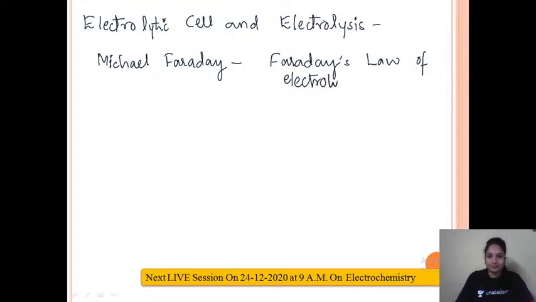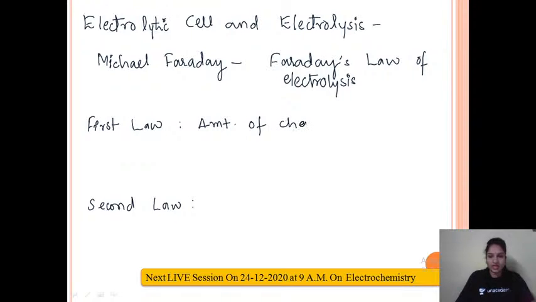So Faraday's laws of electrolysis. There are two different laws. There is the first law, and also there is one more law, that is the second law of electrolysis. So there are two laws of electrolysis, first law and second law. What the first law states, what the first law says is